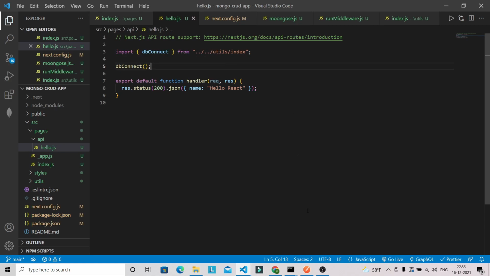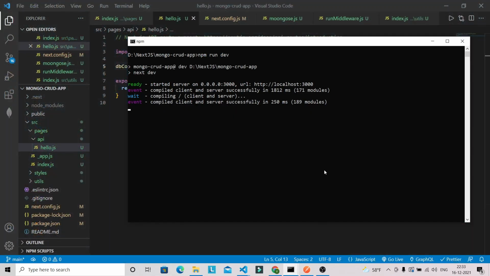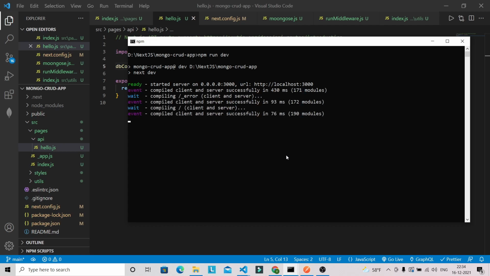Okay, and let's see whether we are able to see anything in console or not. So I think we have to restart the server. So let's restart the server, and let's wait for the server restart.